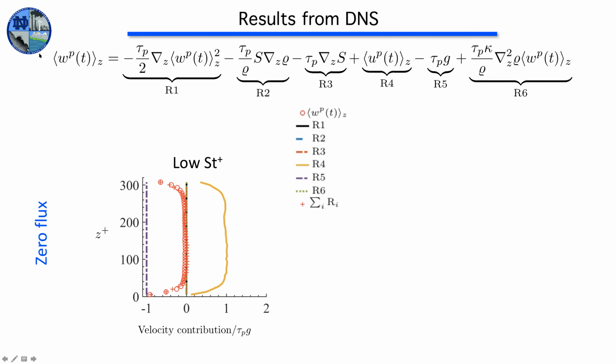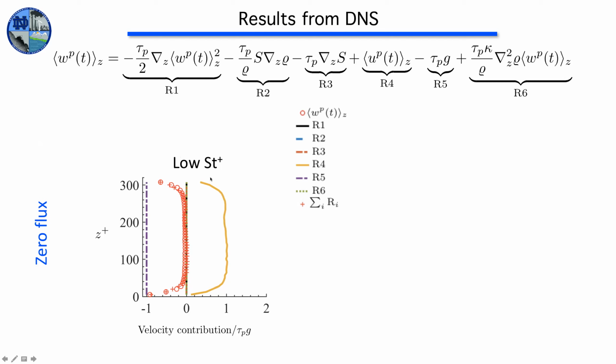Okay, so here's that long expression at the top, and here are all the terms in the legend. We're going to take both configurations, and look at a low and a high Stokes number in each. Here's the zero flux case for low Stokes number. Not surprisingly, what we see is the Stokes settling velocity. These are normalized by the settling velocity, so this is -1. Particles are settling downwards according to their Stokes velocity